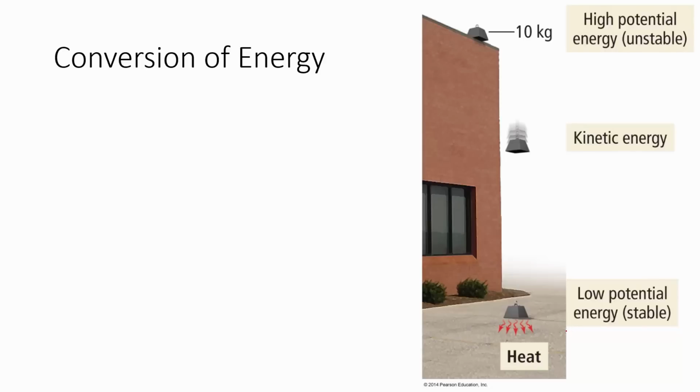We can also think of energy in terms of its conversion from different forms. One example, for instance, that we hear a lot about is potential versus kinetic energy. Potential energy is just the energy something has because of its position. So it has the potential to do work. It has the potential to cause some sort of force over a distance. Due to position. So this 10-pound weight on top of a building has much more potential energy than